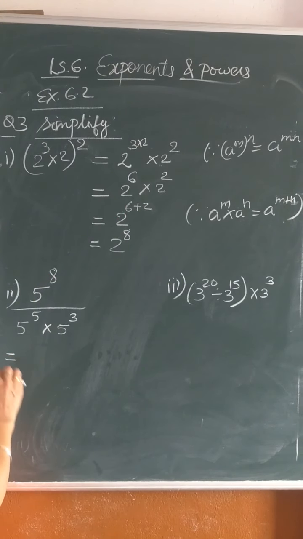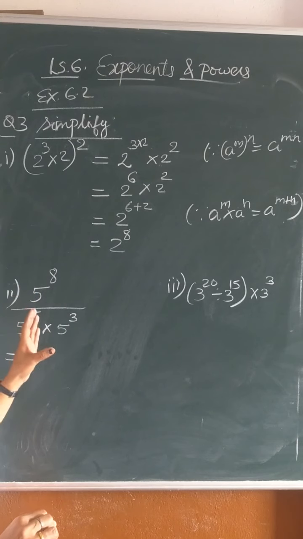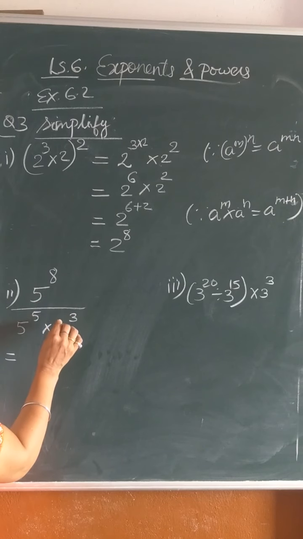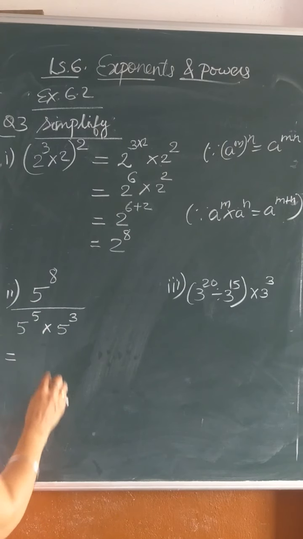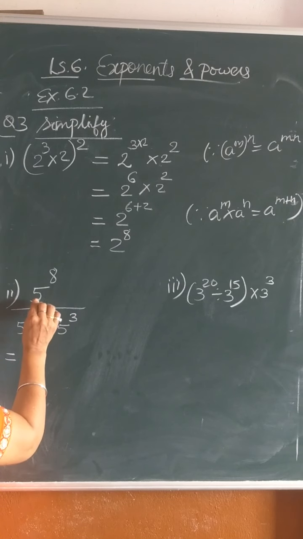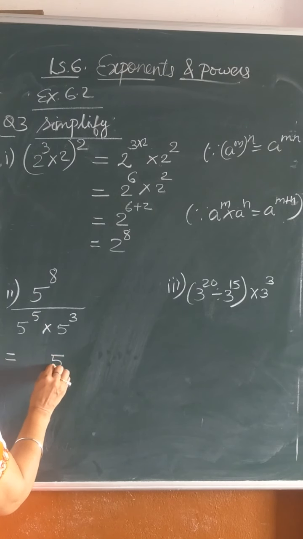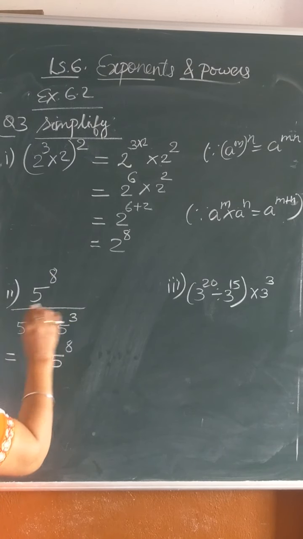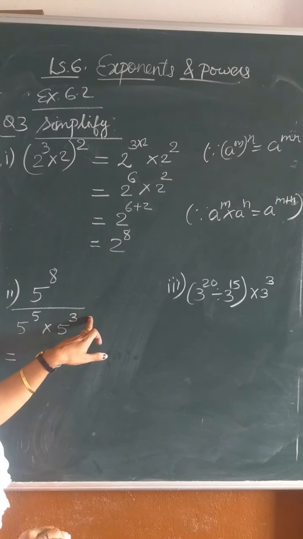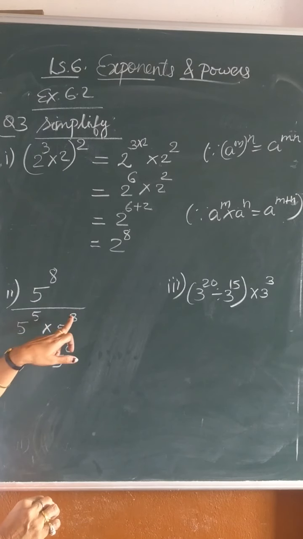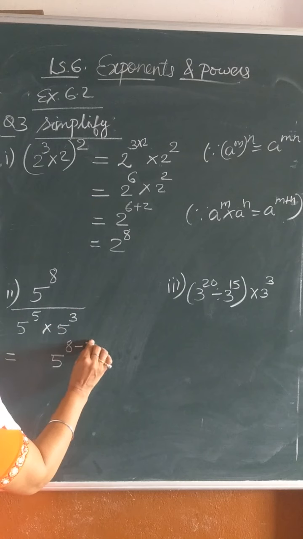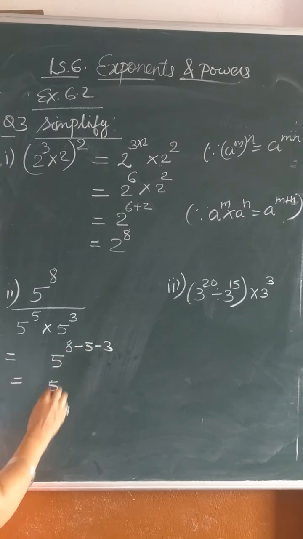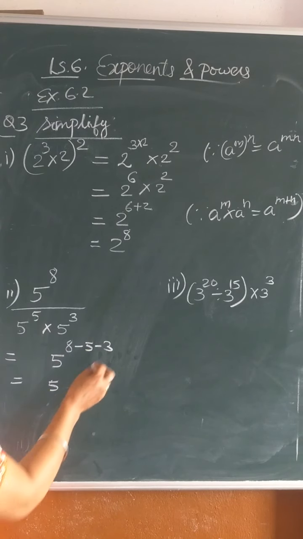Now see this one. First of all you check the sum, that which law you can use here. You can directly also use the laws. There are two ways you can solve this sum. Let's see what is that. Here 5, 5, 5. Base is everywhere same. So let me take 5 as the base. Now here 8 will be as it is. Division sign is there. Now you know when division sign is there and base is same, we have to subtract the powers. So I can write this as 5 minus 5 and 3 minus 3. Now let's simplify. 8 minus 5, 3. And 3 minus 3, 0.